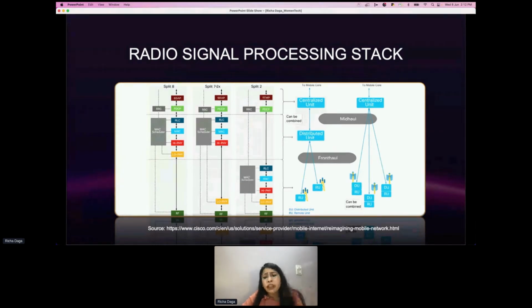The midhaul links. If you would be hearing about crosshaul architectures, they have also come into place when 5G came in, where the network is divided into fronthaul, midhaul, and the backhaul. So the midhaul links that connect the centralized unit to the distributed units are defined. CU location is excellent for deploying user plane functions, that is the UPF, in the decomposed packet core architecture. The decomposed packet core is known as CUPS, that is control and user plane separation in 3GPP Release 14, and 5GC in 3GPP R15.